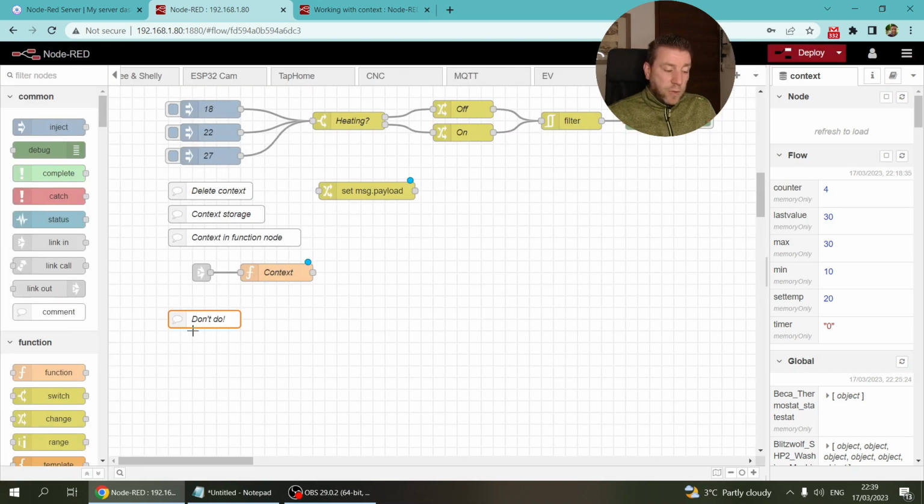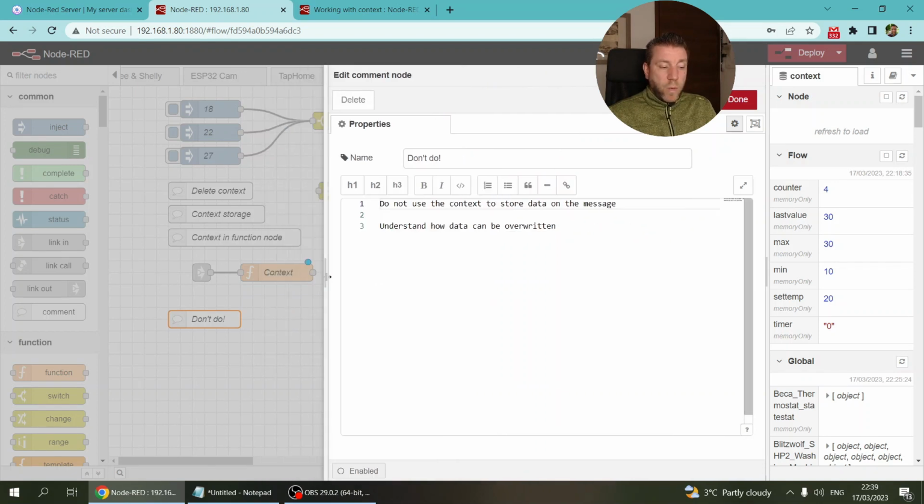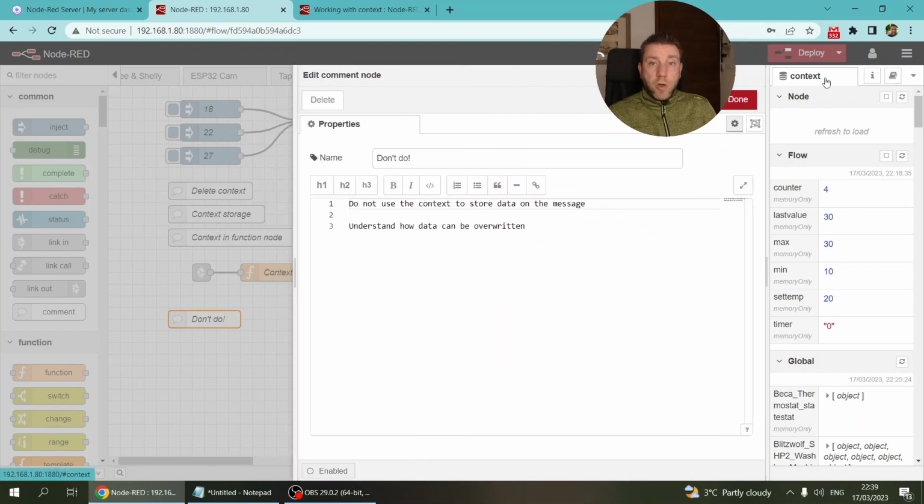And finally, I do have some reminder here which says what the don'ts are. So when you should not be using the context: you should not be using the context if you want to store something on that message that you want to use later on. So something which is specific to that message that you want to use later on. And that's actually related to the second comment here, because